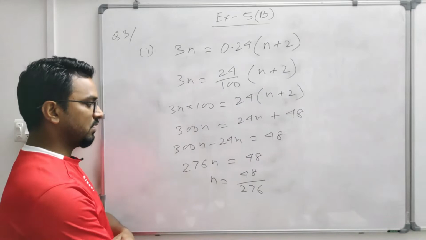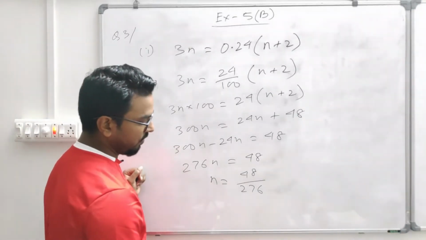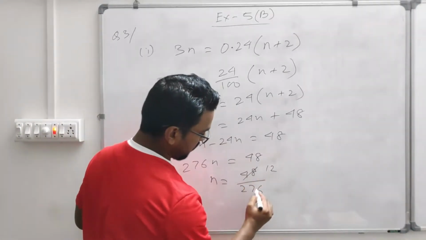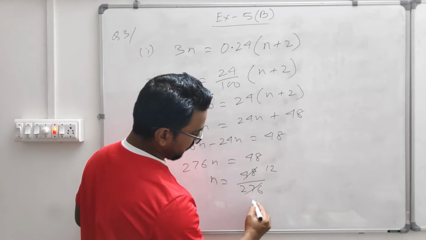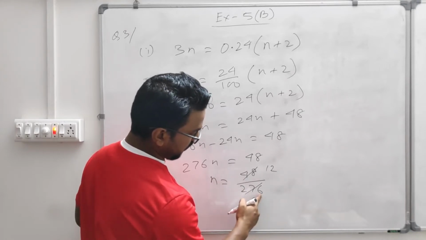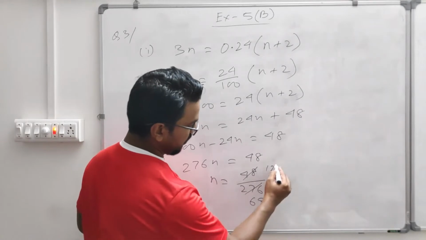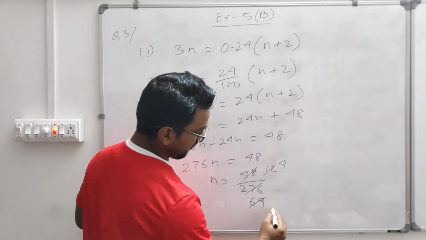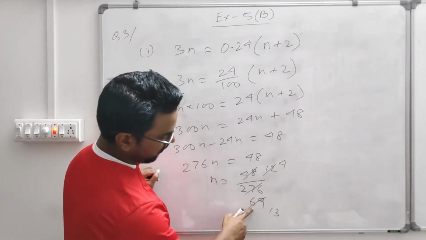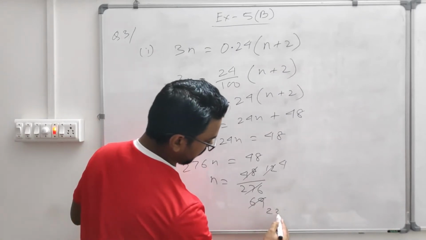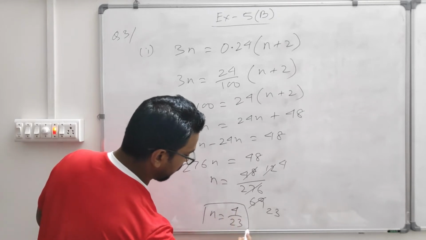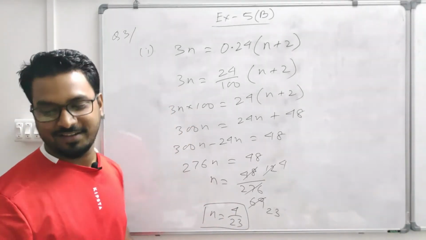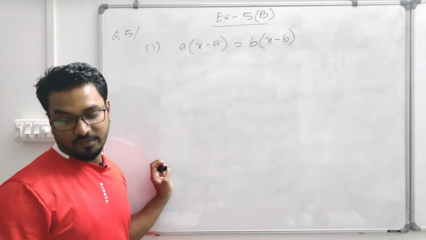So keep the n, take this to the other side, it will divide. So you can minimize it. So by 4, if you cancel, 4 12s are 48, 4 6s are 24, 36, 4 9s are, again by 3, 4 3s are 12, 3 23s are 69. So the value of n will become 4 by 23. This is the value of n. Okay. So our next question is here, question number 5. Find the value of x.